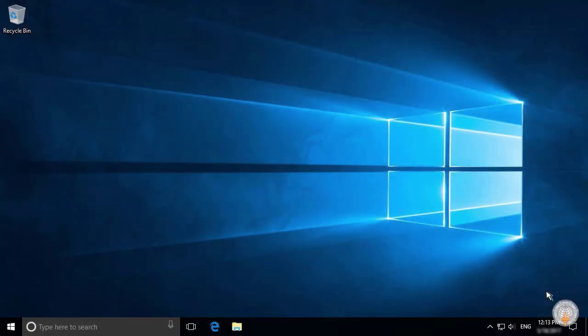The system date and system time are the date and time as maintained by the computer's internal clock. Windows uses these settings to identify when files are created or modified.